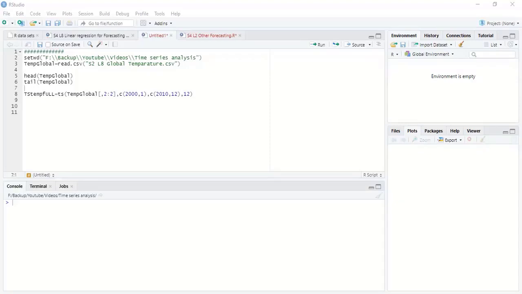So in this video, I am going to show you another way of using the linear regression method for our forecasting. As you may already remember, we have used linear regression only accounting for the linear patterns. However, in this video, I am going to show you how we can use the linear regression method by accounting for the seasonality as well as the trend of a time series dataset.